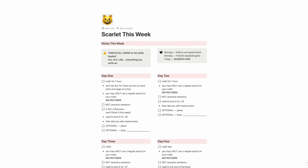I just created a little icon for her and the title of the page, and then this is a heading with a background color, and then underneath each heading I have a checklist for her. These little call outs here are just reminders for her, things we're doing that week, and reminders to turn things in. Every week I would go in here and I would change these things here that she would have to do,